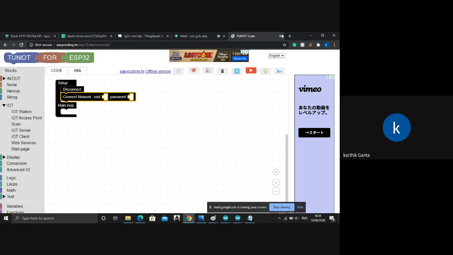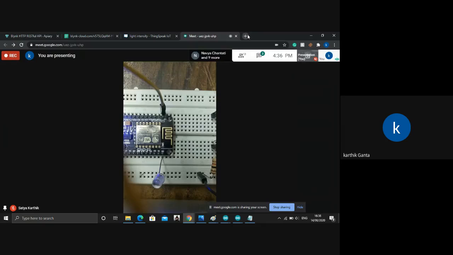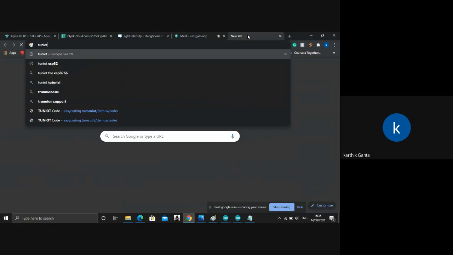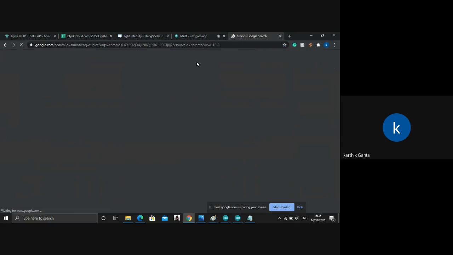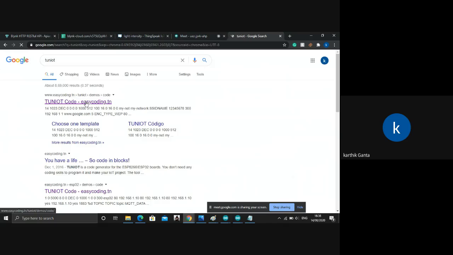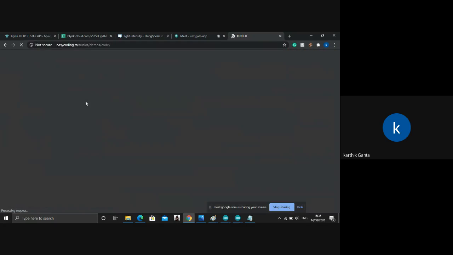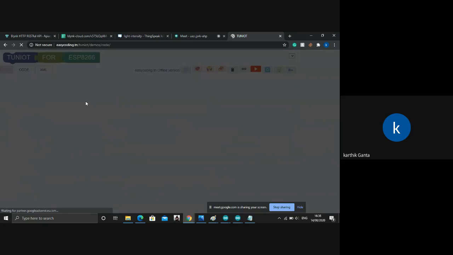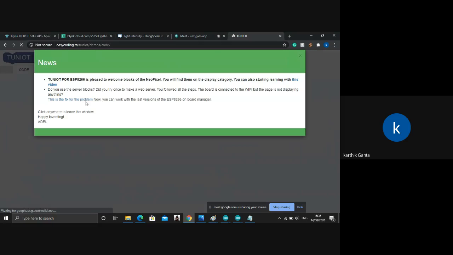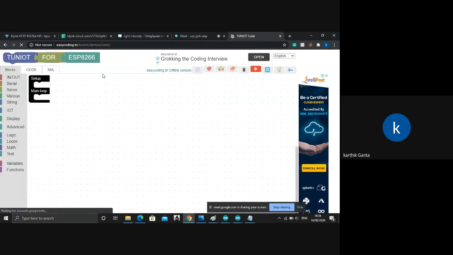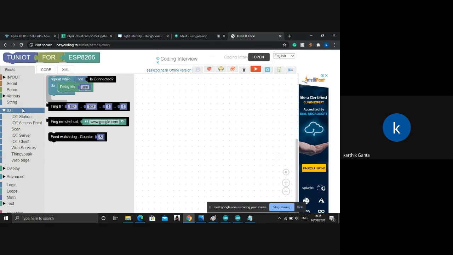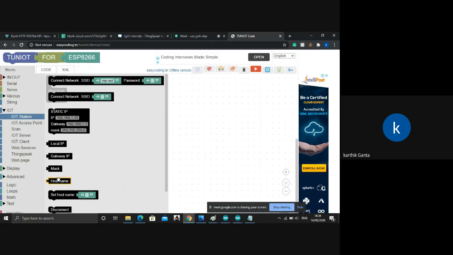Okay, I need to go back again, because I'm not getting the values. Give me a second. I'll go to IoT station, and first we disconnect. Where is disconnect? Here.